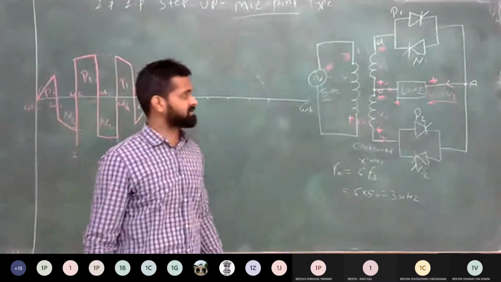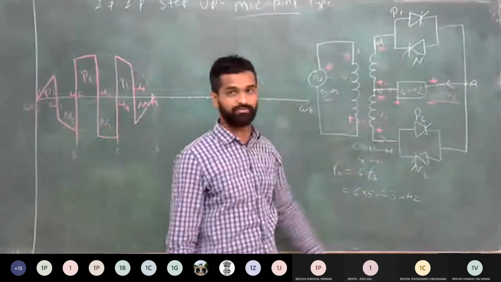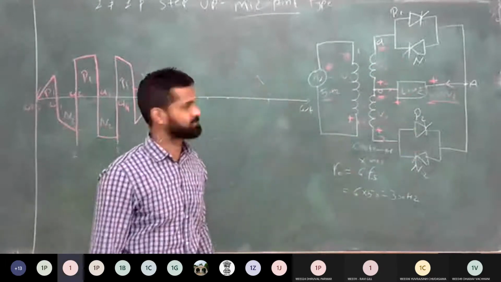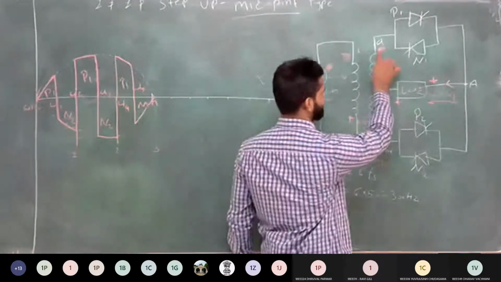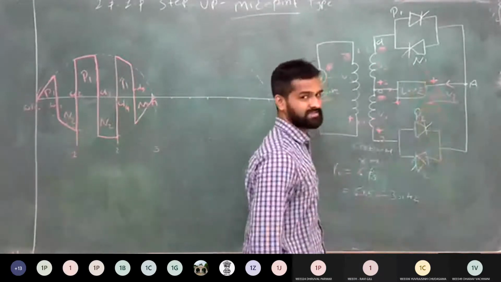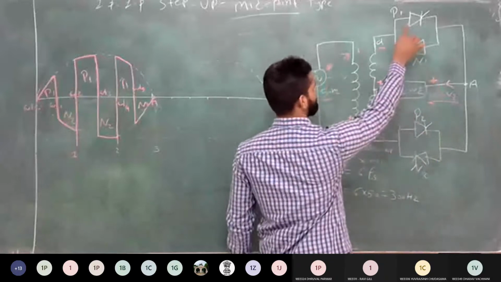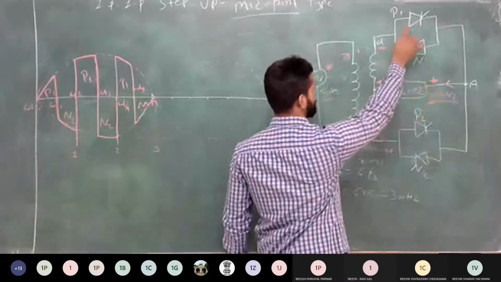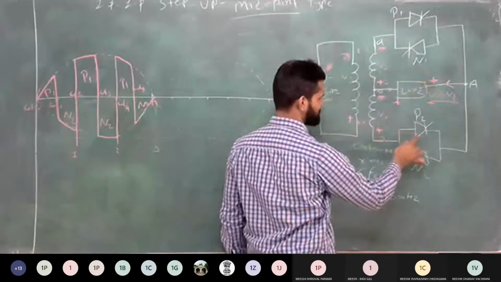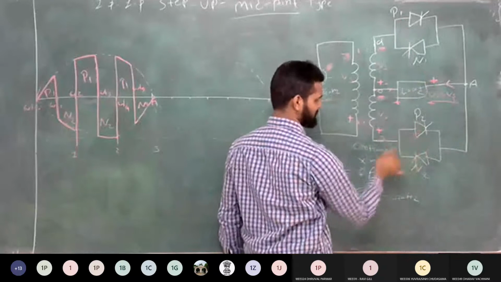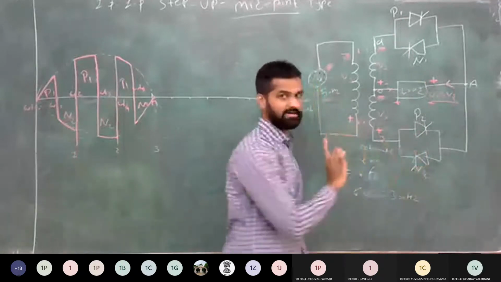Out of these 4 thyristors, which come into forward bias? P1 N1 or P2 N2? N1 and P2. Yes, very good. You can see that A is at a negative terminal and N1 is connected with the cathode, so N1 is forward biased. P1 anode is connected with the negative, so it is in reverse bias. From the lower side, positive is connected with the anode of P2, so it is forward biased, and positive is connected with the cathode of N2, so it is reverse biased.